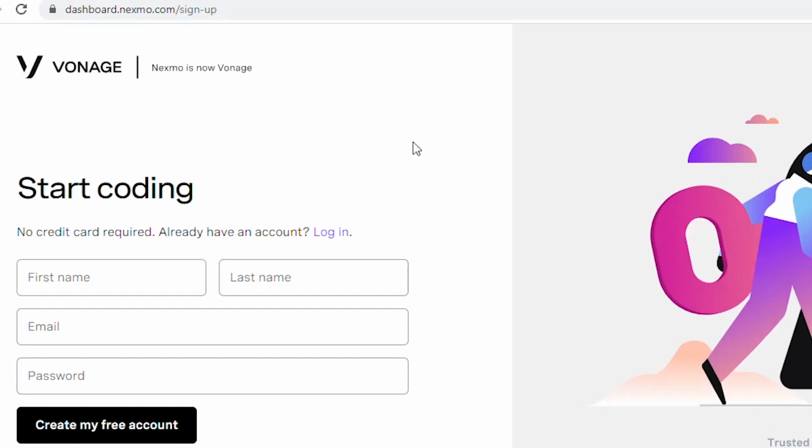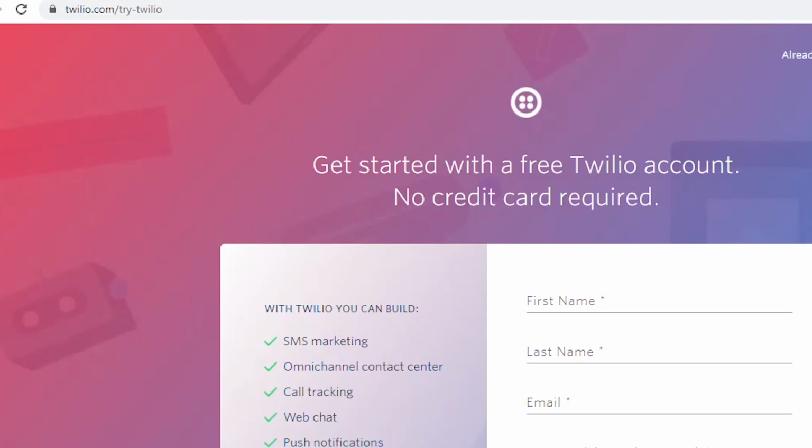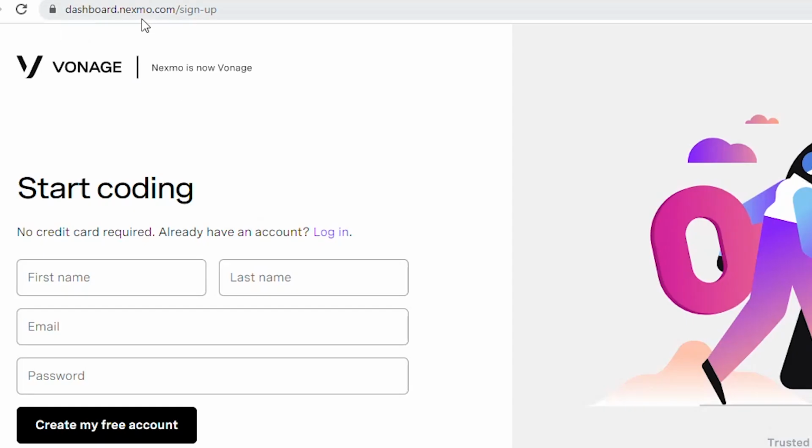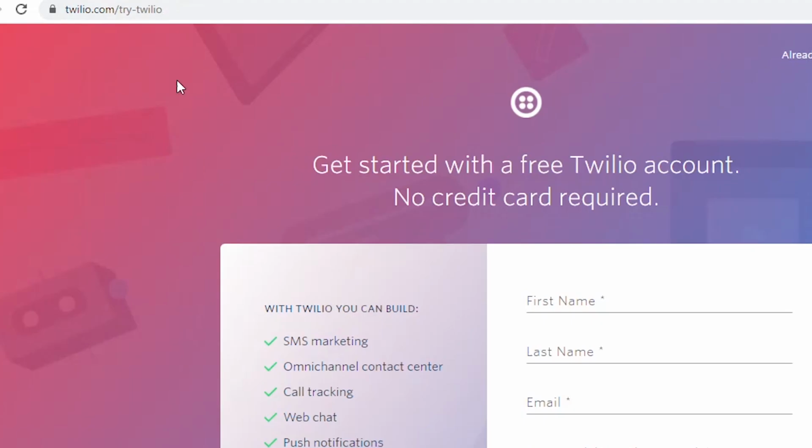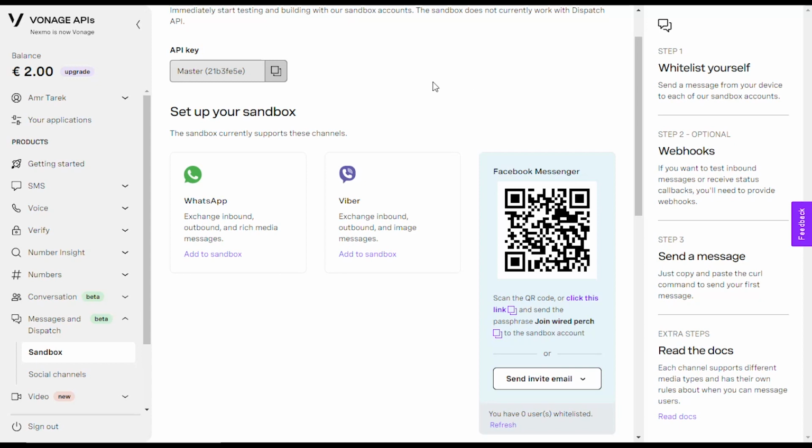We'll use two APIs in this video. First, the Vonage API and the Twilio API. So go to dashboard.nexmo.com, sign up, and twilio.com, try Twilio and sign up, two accounts. The registration on Twilio is pretty straightforward, but in Vonage API, it's a bit tricky, okay?